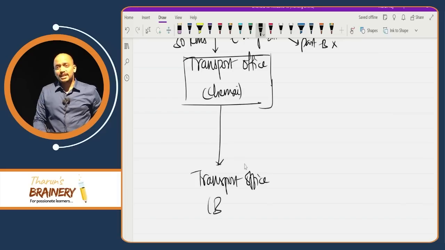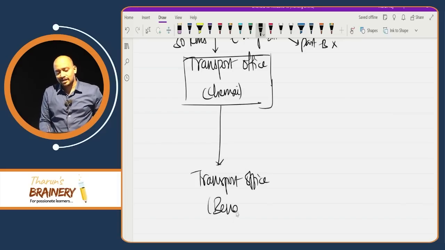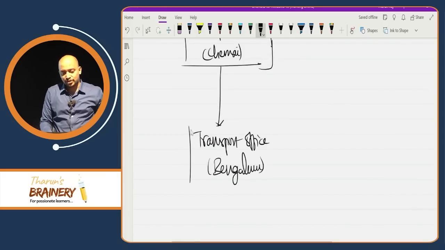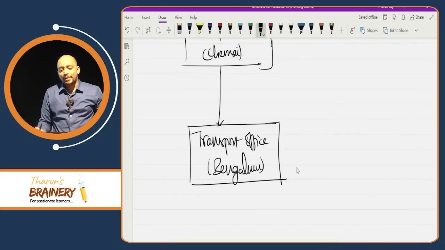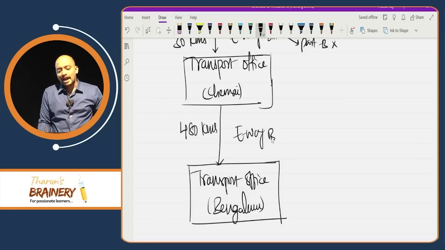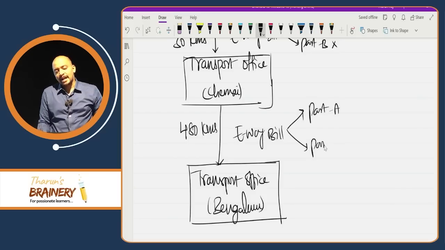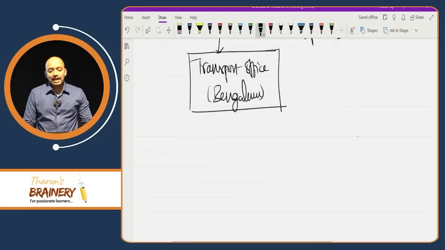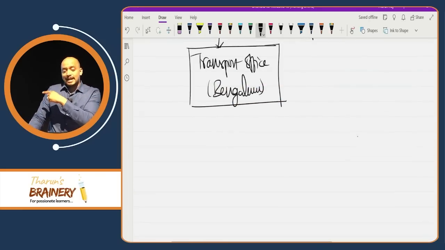Is it clear? Where is our consignee located? Bengaluru. So therefore they need to come to the transport office and take. So Chennai transport office to Bengaluru transport office, say it is 480 kilometers. Whether e-way bill required? Of course required. And this e-way bill, Part A or Part B? Both Part A and Part B are required. Okay. Up to this you understood? Thereafter,